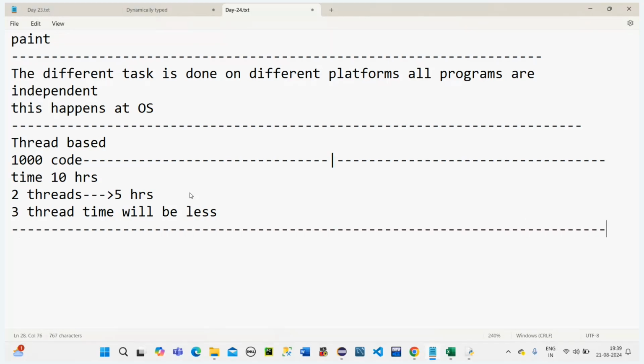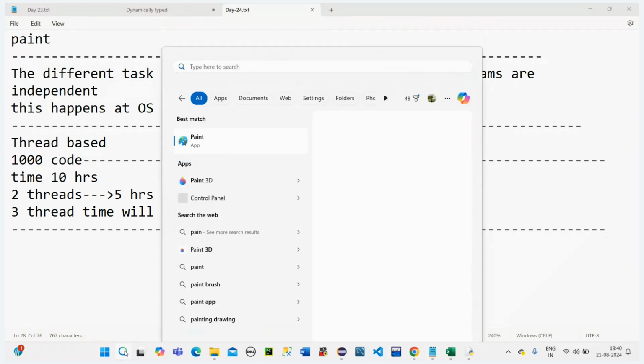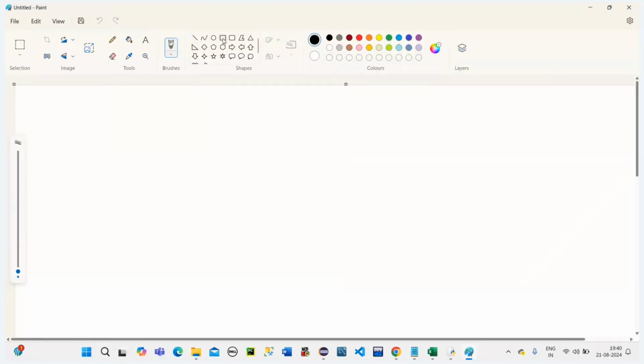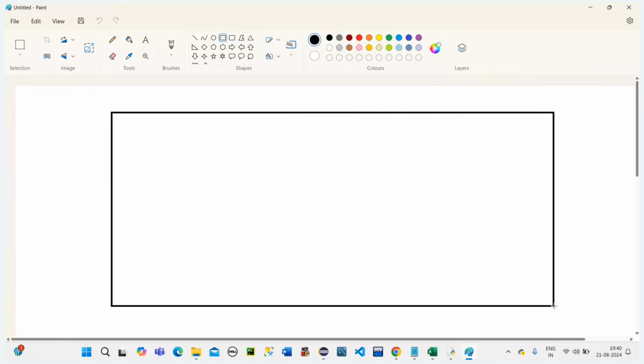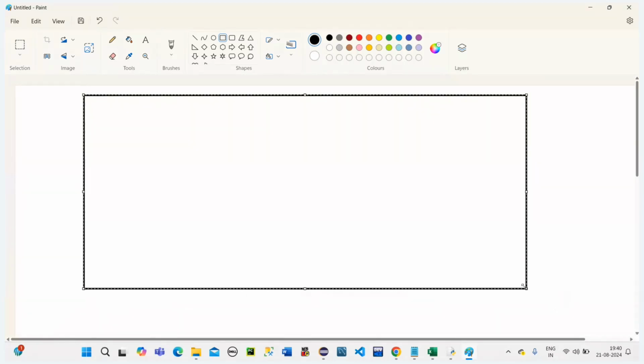Okay. Now you understood. Now, one more thing. Yesterday, have you understood what is single and what is multitasking? Yesterday, I gave you a few examples, right? Now, I'm giving one example here also, like for example, in Paint,